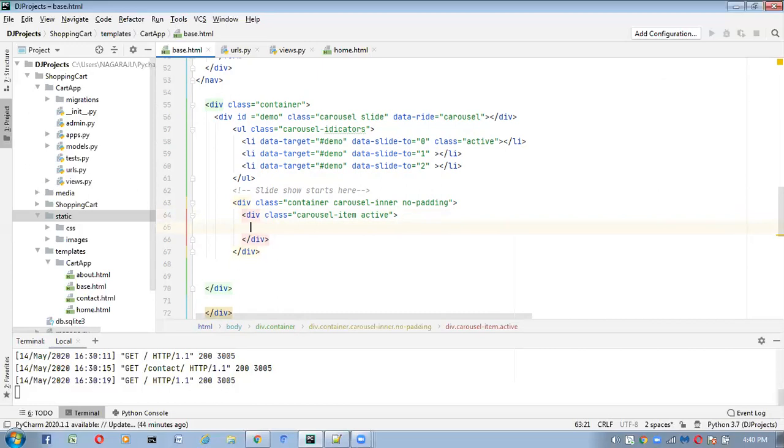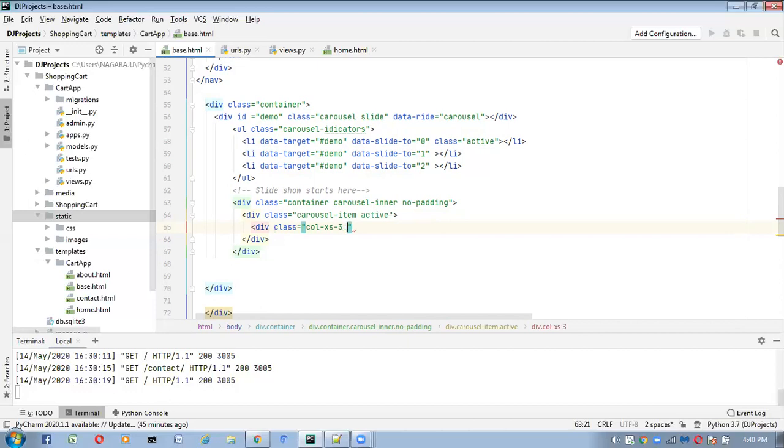So here I will take one more div tag, the column classes. Class is equal to, in Bootstrap 4 we have so many column classes. Here col-xs-3, extra small, I'm taking.